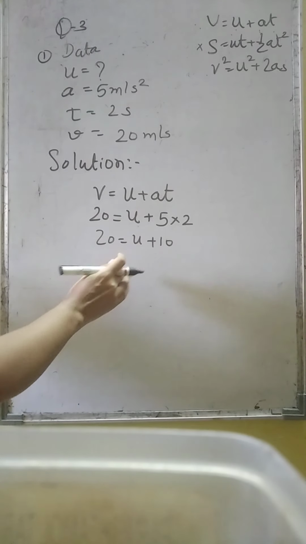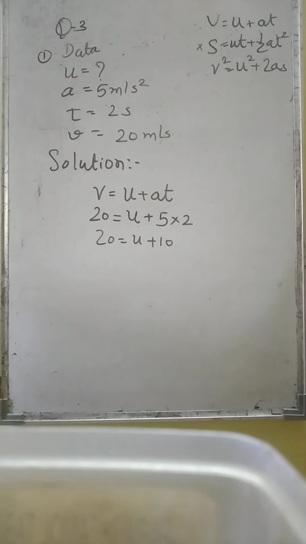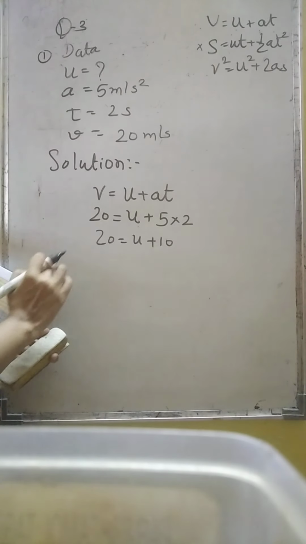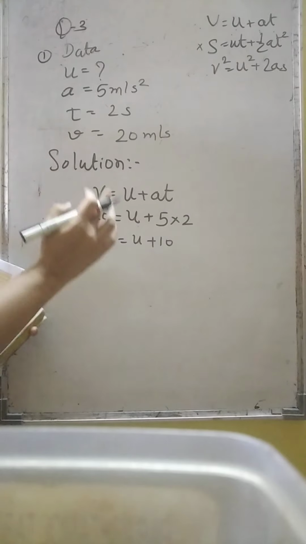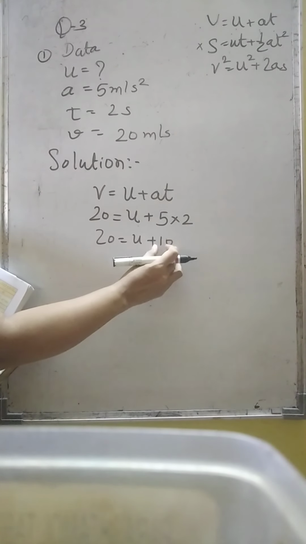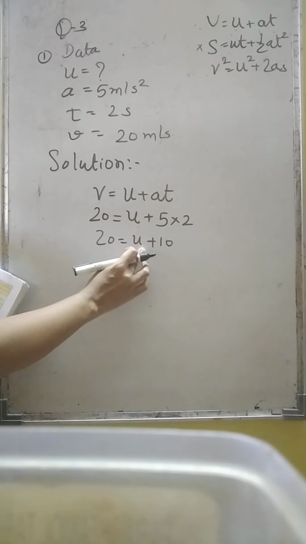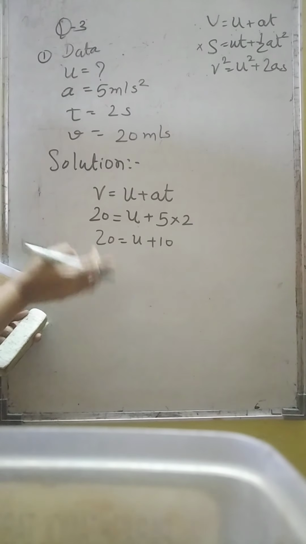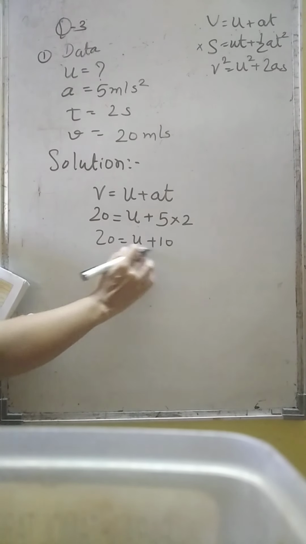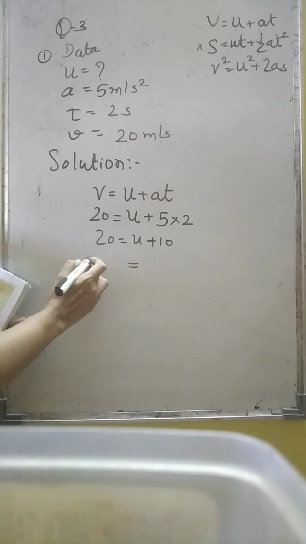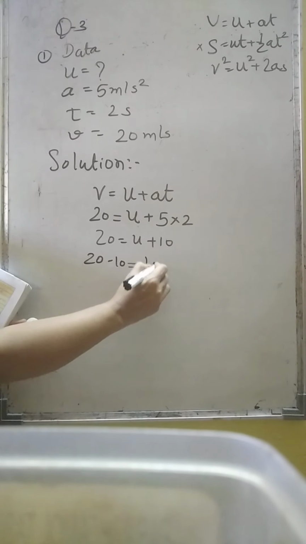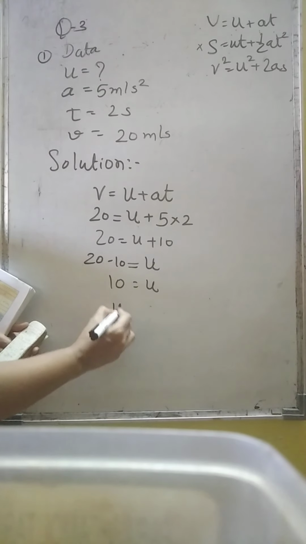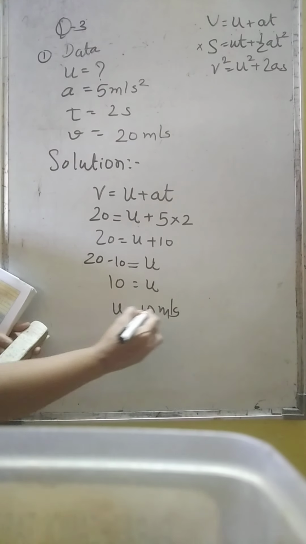Now some people get confused. अबे इसको यहाँ पे लेकर तो डिवीजन में जाएगा कि सब्ट्रैक्शन में जाएगा? People get confused. यहाँ पे ये मल्टीप्लाई किया तो आंसर तो इधर जाएगा तो डिवाइड होएगा. Like that the confusion arises. Remember children, you have to see ये जो नंबर है जिसको हमको शिफ्ट करना है, it is attached with the other variable with what operation, and when you are taking from one side to another, you are going to do the opposite operation of it. So here it is attached with U with the operation of addition. So here I will do subtraction. Okay, no confusion, divide में कोई नहीं लिखेगा. So answer came out to be 10. So U is equal to 10 meter per second is your answer.